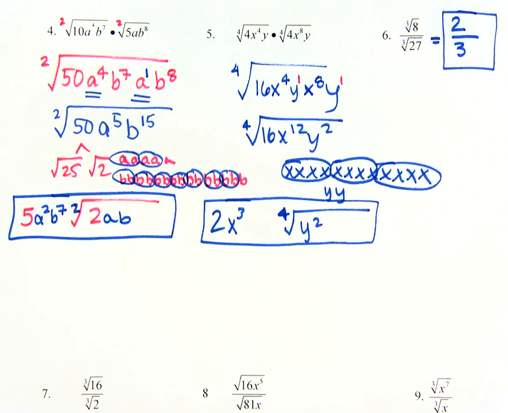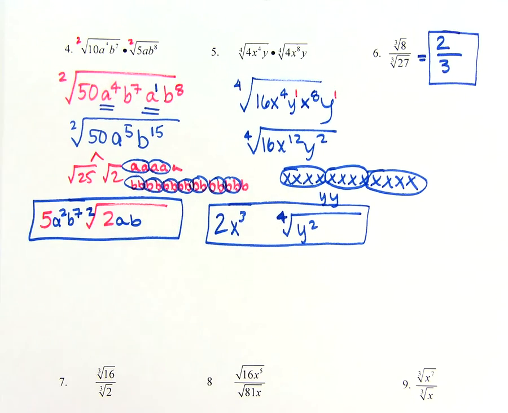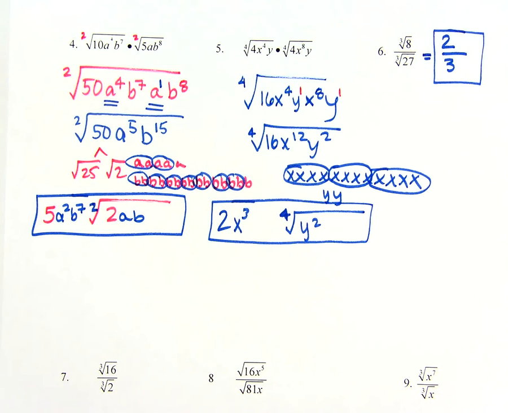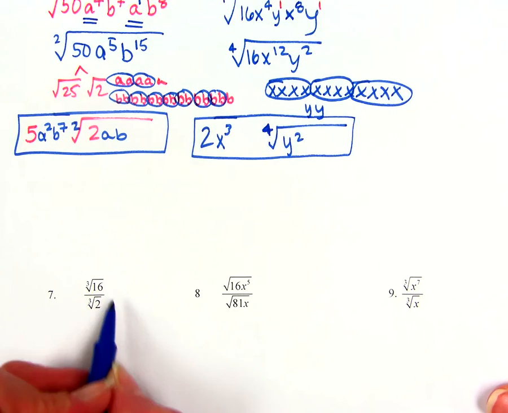All right, so if you look at problem number 7, try to do cube root of 16. We did the 4th root of 16 earlier, but now if we try the cube root of 16, that's obviously not an integer. So if that's the case, we're going to try to reduce. Can you reduce